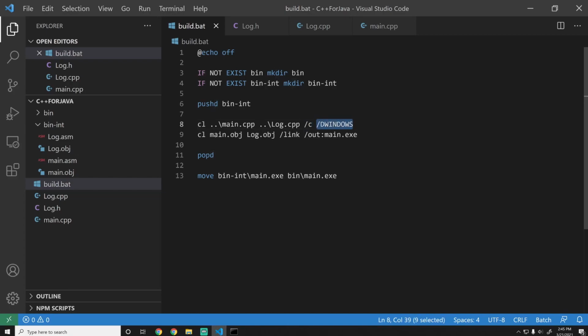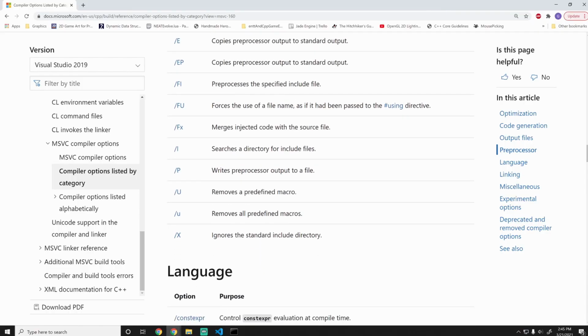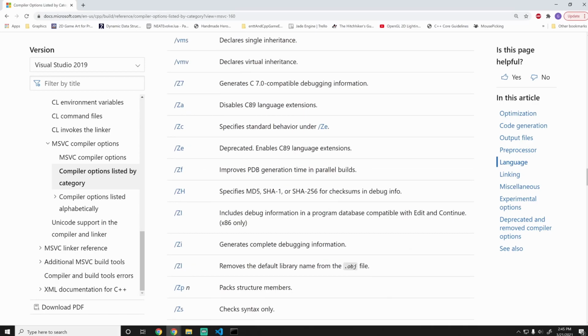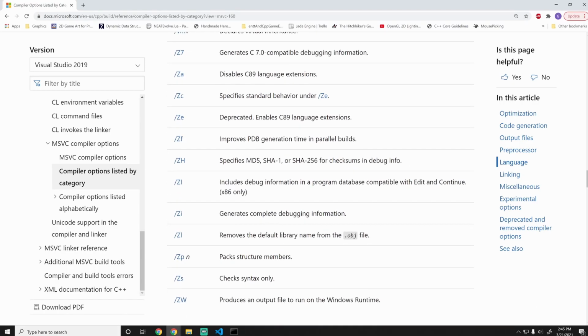So you can do global defines for compilation throughout this, which makes it super useful if you want to set things during compilation rather than in your code itself. This way you can set things for, like, if I'm on Mac, define a Mac thing. If I'm on Windows, define a Windows thing in each of your build scripts. Okay, and then you can see there are several other ones here. You have language. There are several options here for the language. Some of these /Z are kind of useful because they have to do with things like generating PDB files, which are debug files,